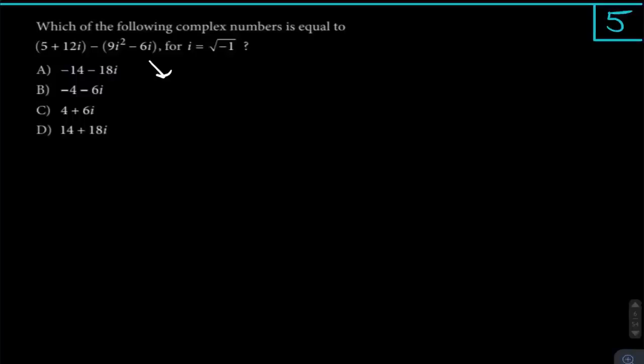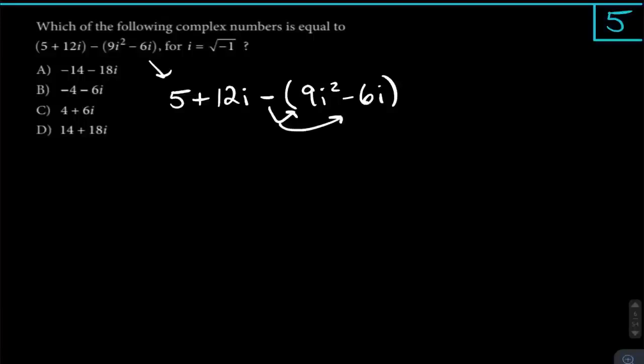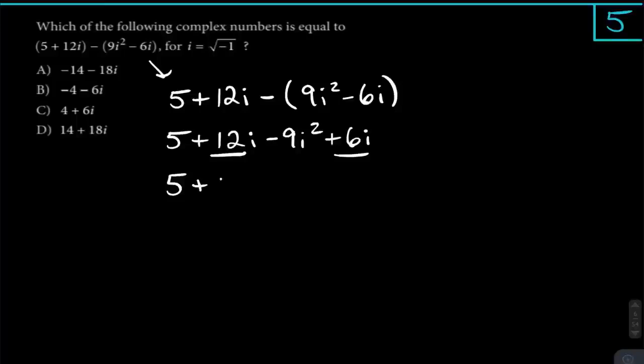But right here, this is 5 plus 12i minus 9i squared minus 6i. The first thing I think anybody would do here is just distribute through that negative. I think it's really helpful to do that. If you're not already doing this in your head at 1,000,000 miles per hour, which you can, especially if you've gotten good at these types of problems, 100% go for it. But combining like terms here, we have a 12i, we have a 6i, we can make that 18i,